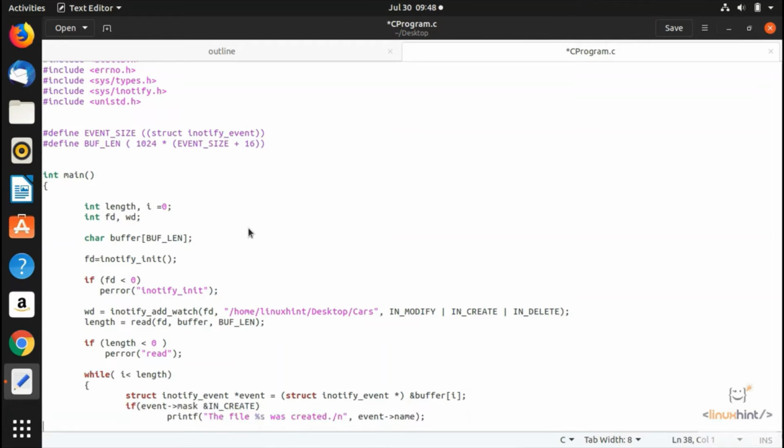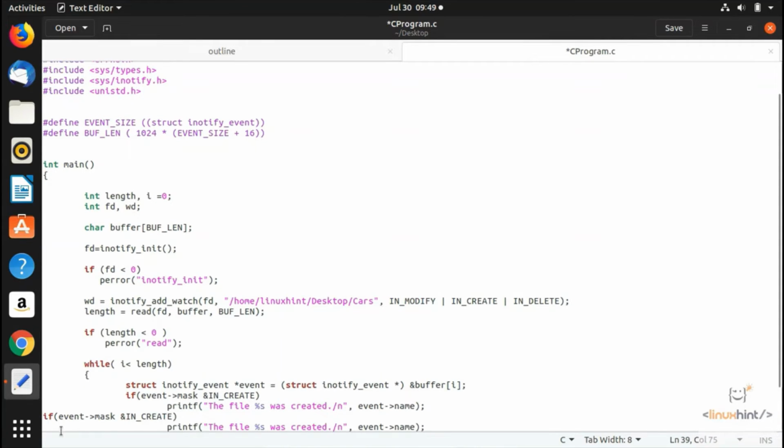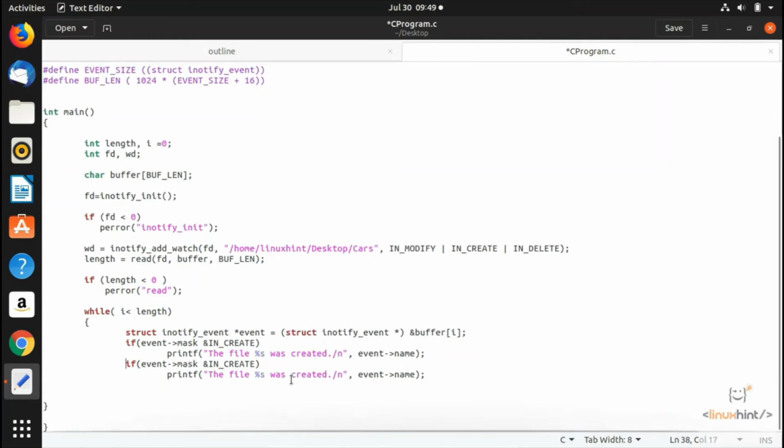So we come to the next line, we just paste this. Alright, and after pasting it we modify it a little bit. So instead of IN_CREATE here we write here IN_DELETE. Okay, IN_DELETE, and in here we say was deleted,